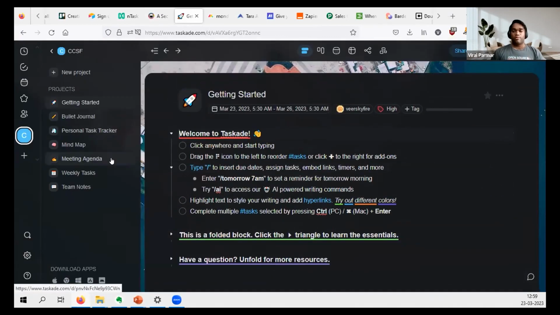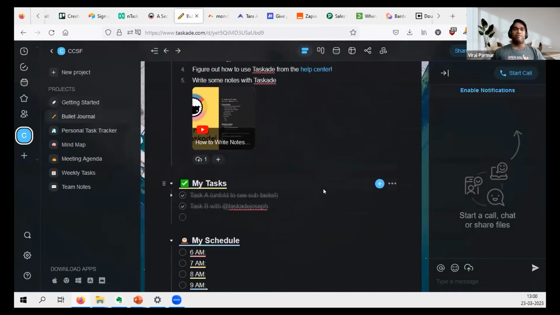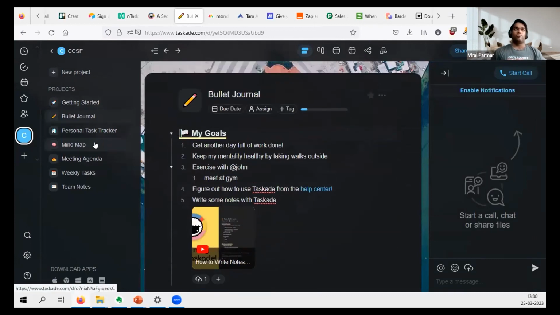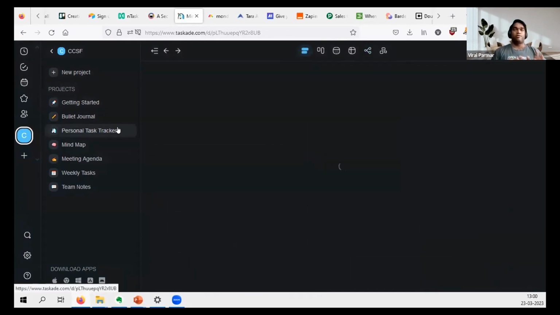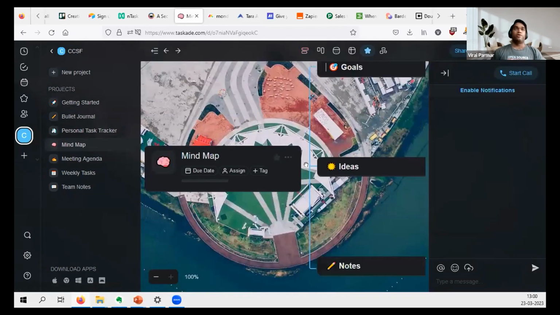Here there are other options that are not in Trello. You can create tasks and assign them to someone, and also have different kinds of discussions here, meetings as well. Weekly task assignments, taking meeting notes and everything. You can create a kind of general memo here, and specifically not in Trello. You can also assign tasks and track the progress of what people are working on and what they have done, and you can also create a mind map. That is, I think, a good thing in this Taskade tool.